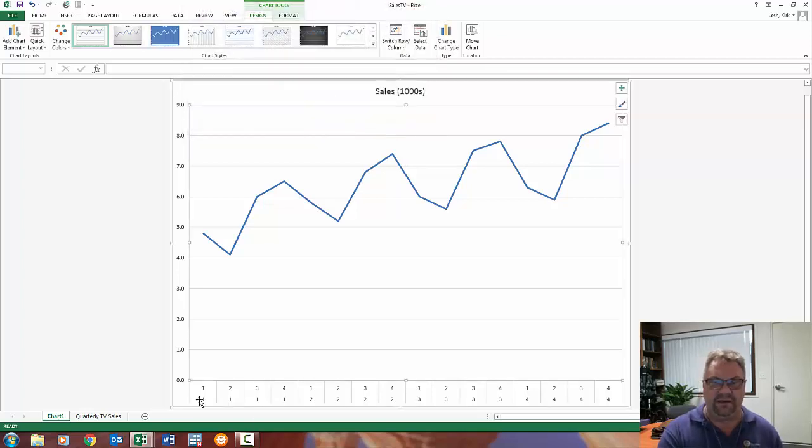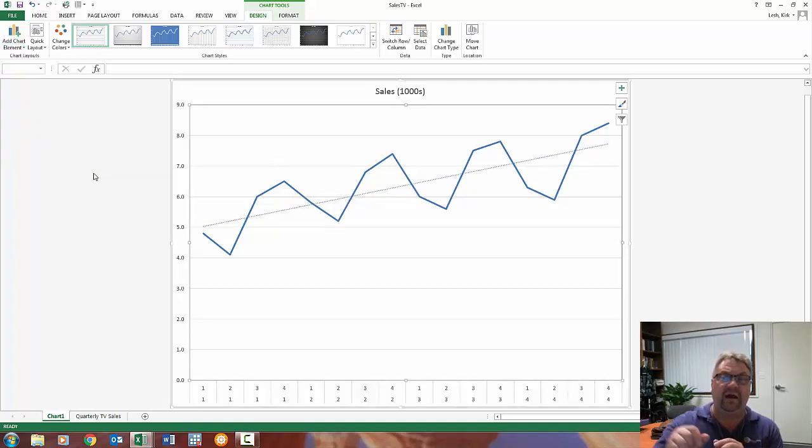Okay, so what am I seeing here? Quarter 2 bottoms out, quarter 2, year 2, quarter 2, year 3, quarter 2, year 4, blah, blah, blah. And then you can see the same thing here. Let's see, year 3, 4, year 2, Q4, year 1, Q4. I'm hitting the peaks in the fourth quarter, right? Yeah, the peaks. So I definitely have some seasonality going on. But what's interesting here is now when I add the trend line,